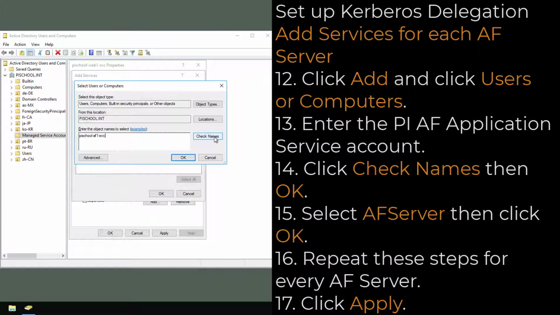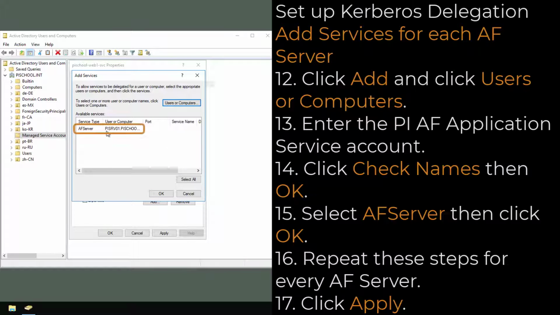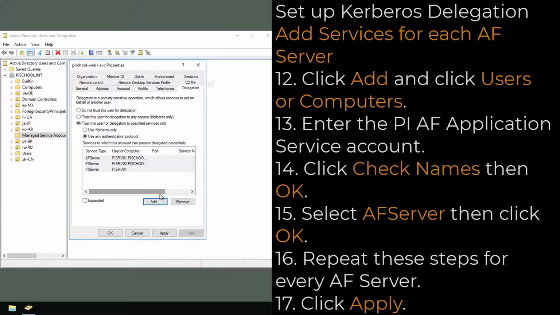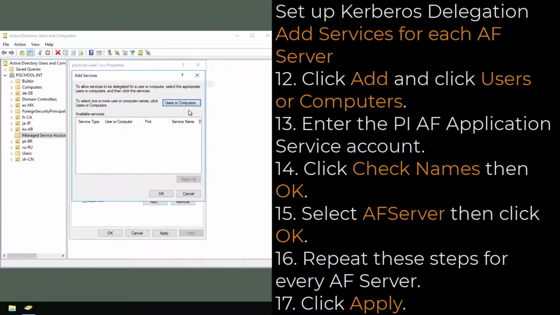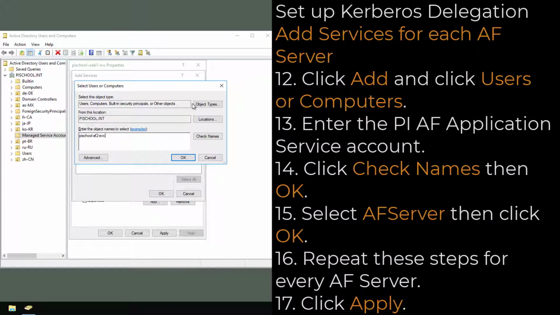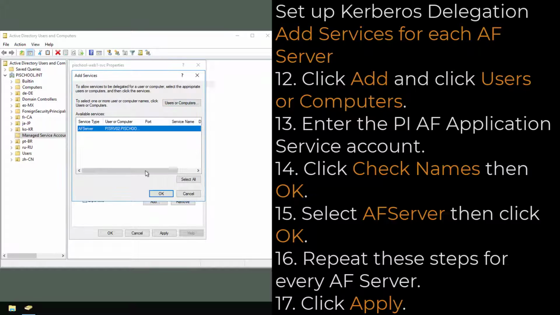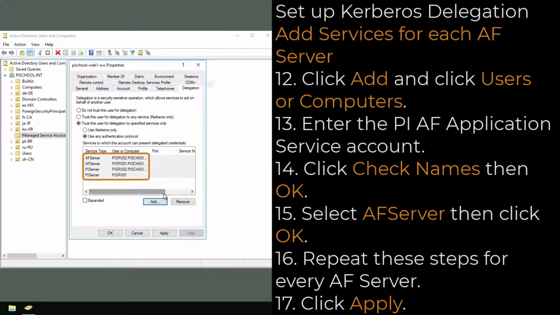Click Check Names, then OK. In the Add Services window, under Available Services, select AFServer and click OK. Repeat these steps for every AF server that PI Vision will access. After all piserver and AFServer services have been added to the services list, click Apply.